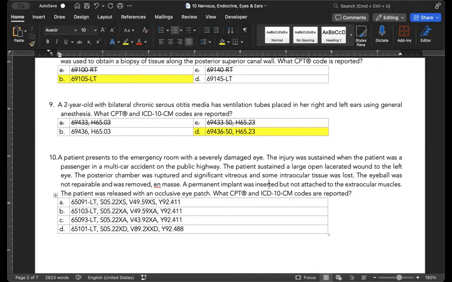The patient sustained a large open lacerated wound to the left eye, and the posterior chamber was ruptured, and significant vitreous and some intraocular tissue was lost. The eyeball was not repairable and was removed en masse, and then a permanent implant was inserted, but not attached to the extraocular muscles. The patient was released with an occlusive eye patch. So before we even open our books,